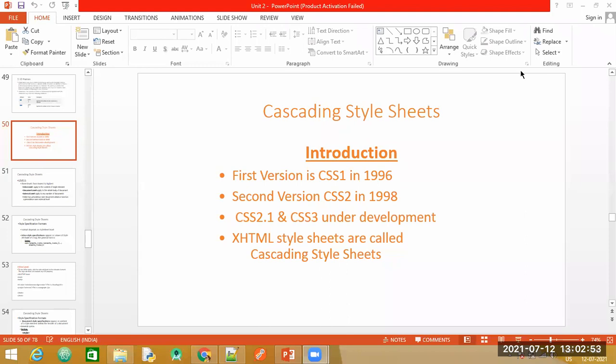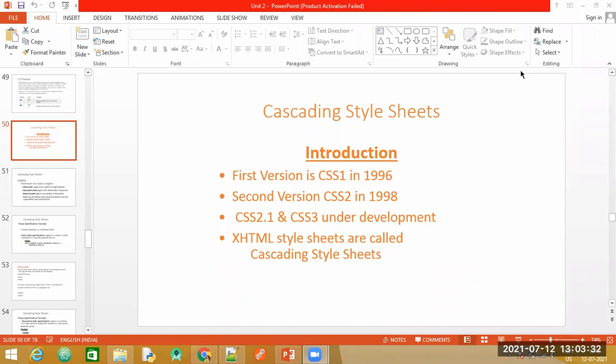CSS stands for Cascading Style Sheets, and CSS is basically used to style your elements, to add colors, to provide different kinds of fonts. We have already tried to make use of these things even with the help of HTML tags. But CSS will help you because you can write a part of CSS which will cover the entire document or the same number of elements that are present, and they can be designed in a better way with the help of CSS rather than HTML.